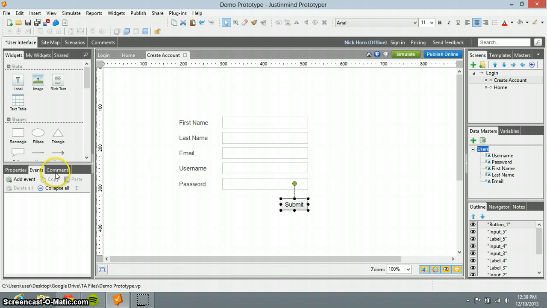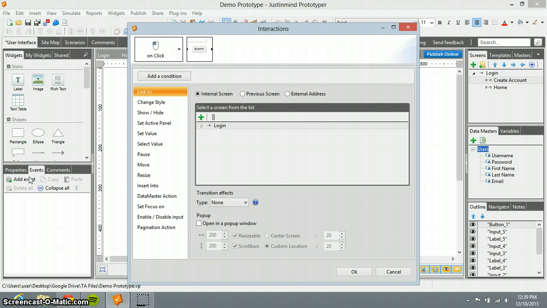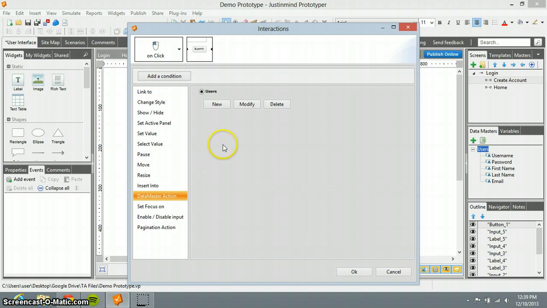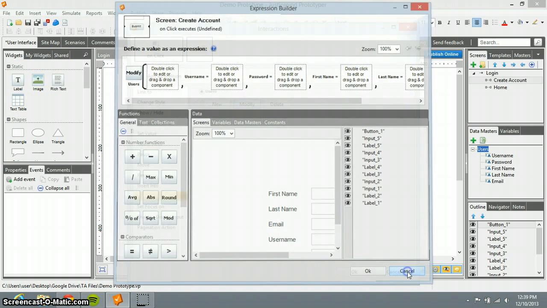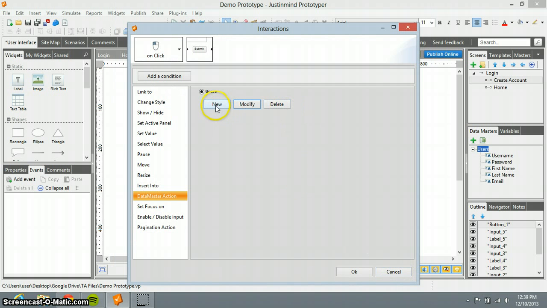So I'm going to add an event to the submit button, and it's going to say when the submit button is clicked, I'm going to do a data master action. So I select that, and the data master action is going to be a new record that we're adding to the user's data master. The modify would be if we were modifying an existing record such as that Nick1234, but we don't want to do that, so cancel out of that. So I hit new,